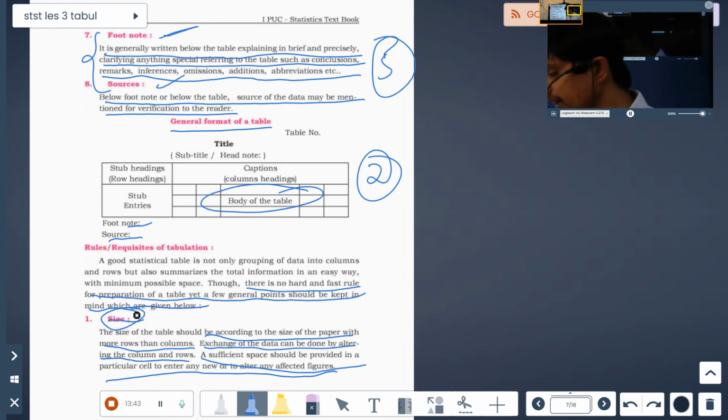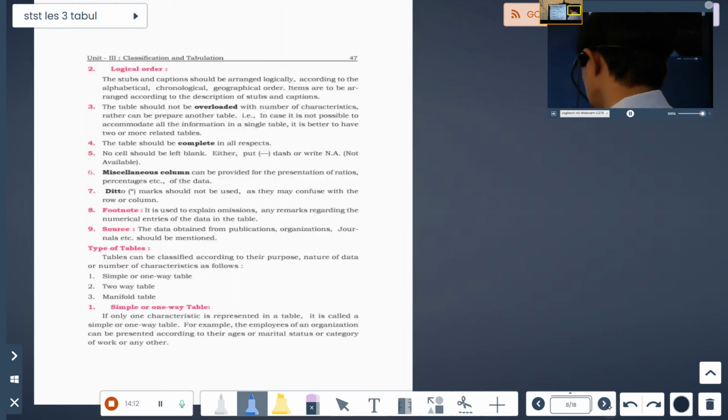Now in examination, sir, can we do? Try to follow what is given in the textbook. You can do your own table. It's not compulsory that the table should be like this only. But when you solve them, you will come to know they have given a particular general format. You can do in that format only. It will simply fetch marks, and the invigilator will give you marks very soon. If you try to bring everything from your own, then he has to look into it, and sometimes they'll not allot marks. Okay, so next is size.